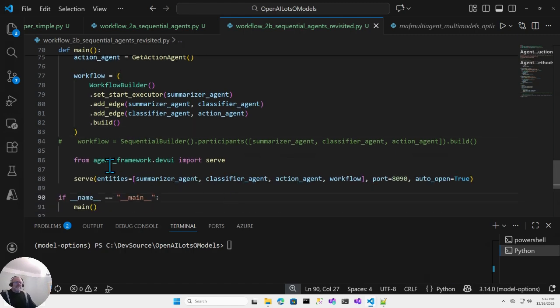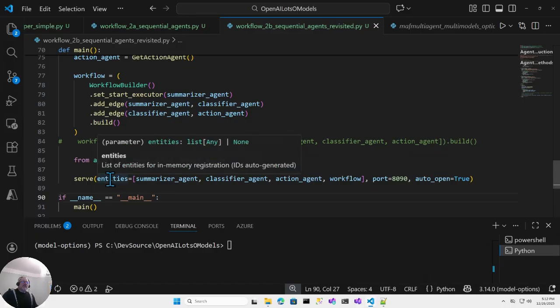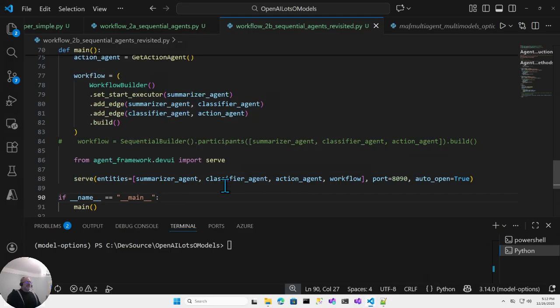And then what I'm doing here is I'm actually not running it. Instead, I'm going to use this thing called Microsoft Agent Framework devui to run it. For those that have maybe seen some Microsoft Agent Framework examples, you've probably seen this in action, but I'm going to show it here. And you can expose what you want to show in this UI that I'm about to show as soon as I run it.